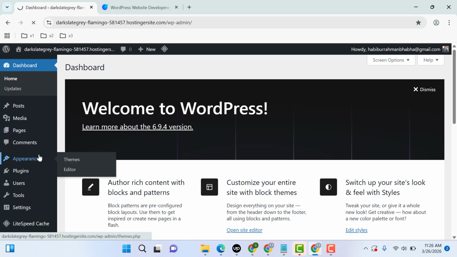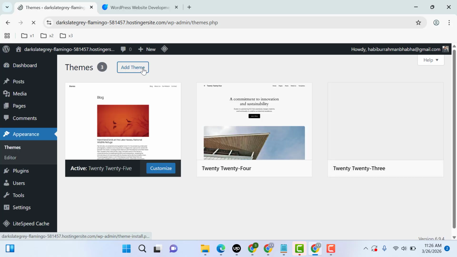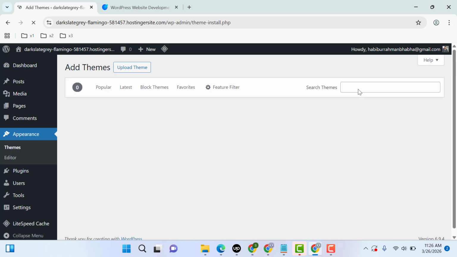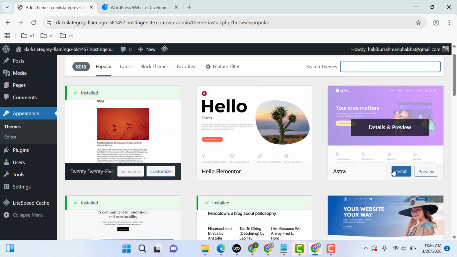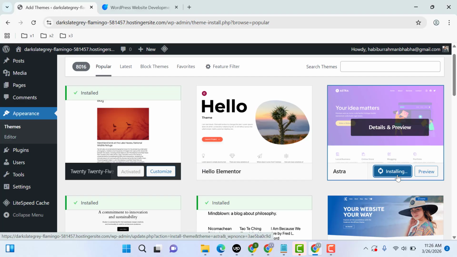So now we need to install the theme. Here I can go and install a free theme, that is the Astra WordPress theme. This one you can preview before installing. Now activate it,